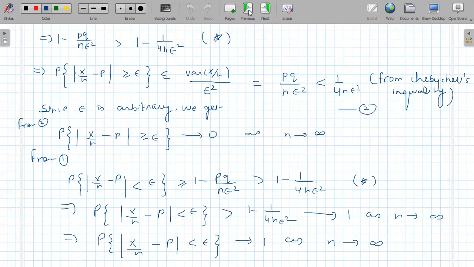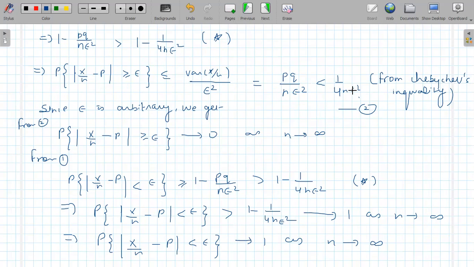अब हम Chebyshev inequality का second form use करेंगे जहाँ पर we have less than inequality here. तो वहाँ इस inequality में भी हम x को x upon n से जब replace करेंगे तो हमें ये expression मिलेगा, and this is equal to pq by nε² which is less than 1/4nε². We have obtained the same thing जो हमने इससे पहले वाले expression के लिए find out की है।